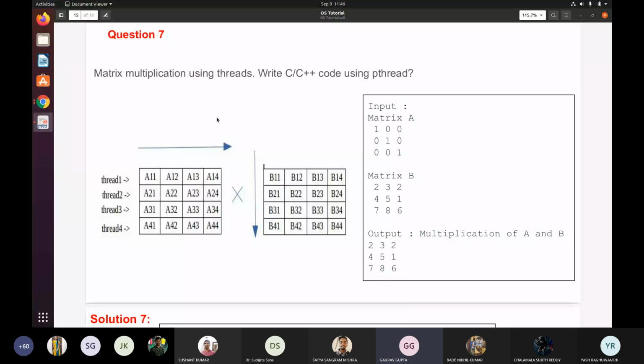Okay, so has anyone completed it? No one. So I can explain. Yes, can you open the solution?